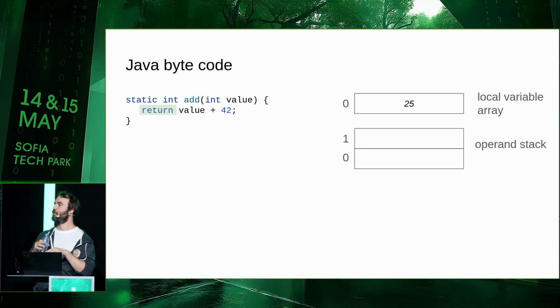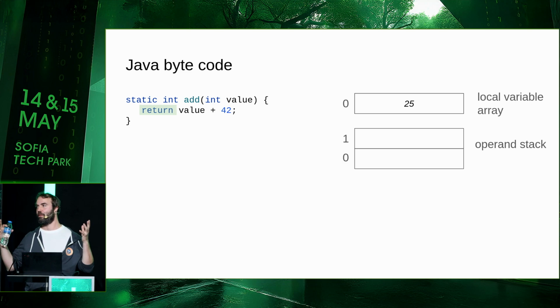This is, of course, not what your computer will be doing when it executes a Java program. As you all know, the JVM has a JIT compiler, which basically just looks into this representation of the method, which is stack-based, and then it compiles it to a proper executable. It optimizes things. It might not even do any of that anymore when you inline a lot of methods and come up with something much faster. If it did that, the JVM would be very, very slow, and Java used to be very slow, because in the old days of Java, before there was a JIT, the JVM would basically execute instruction after instruction and emulate